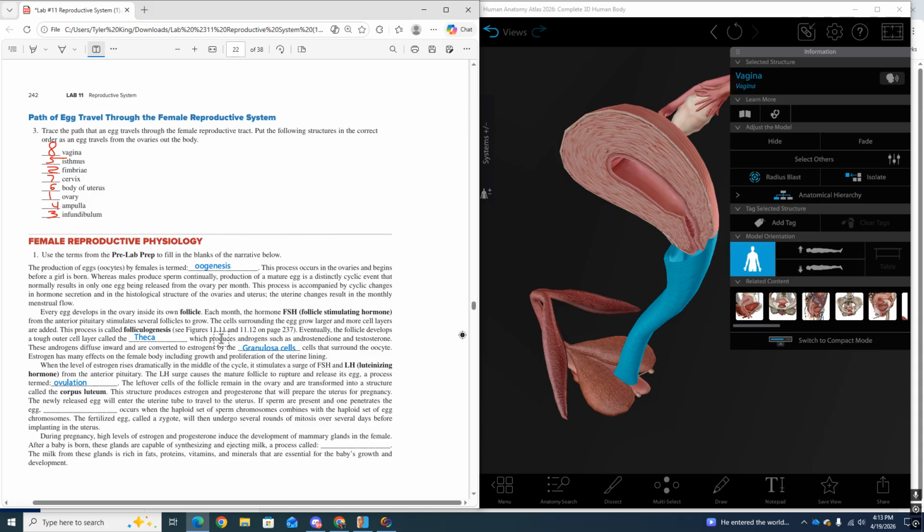The leftover cells of the follicle remain in the ovary and are transformed into a structure called the corpus luteum, the yellow body. This structure produces estrogen and progesterone that will prepare the uterus for pregnancy. The newly released egg will enter the uterine tube and travel to the uterus. If sperm are present and one penetrates the egg, fertilization